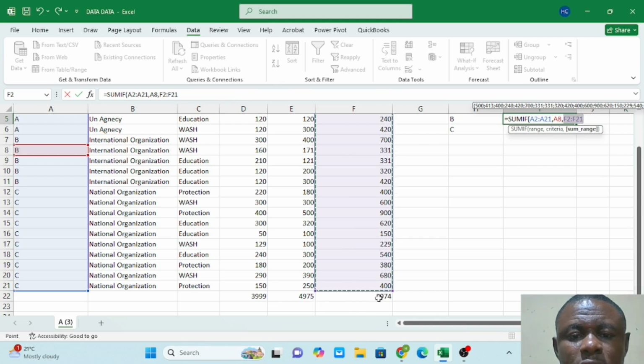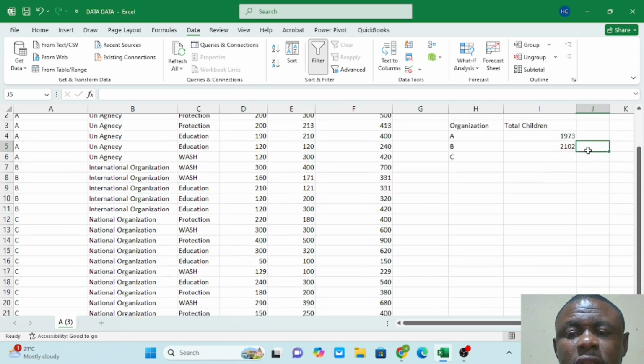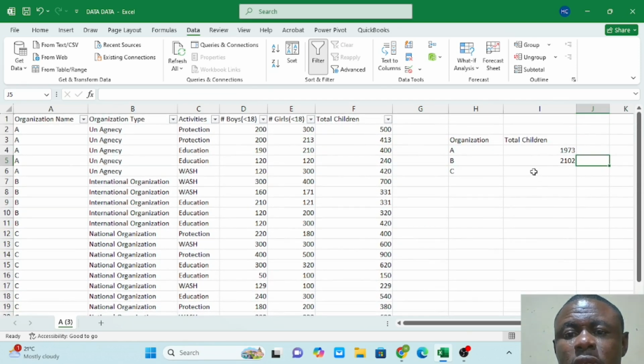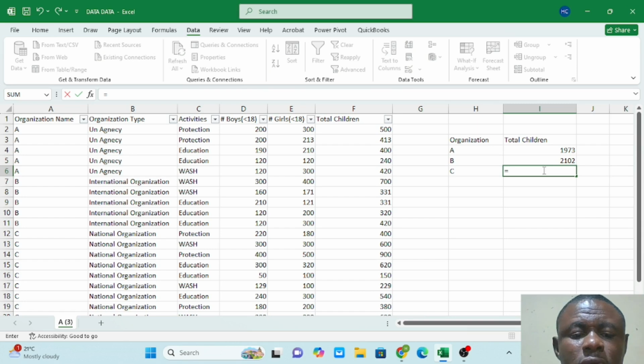Remember we cannot add this because these are the totals of this. If we add this, then we are going to do double counting. So we must end here where this line is. Then we click our tab, then it gives us 2102 here,